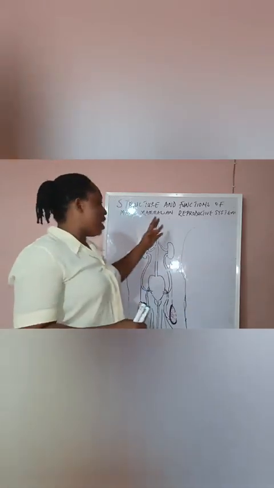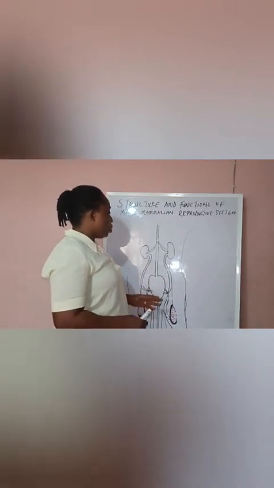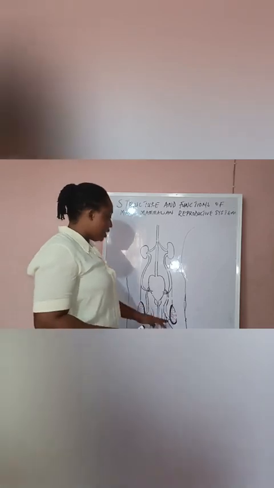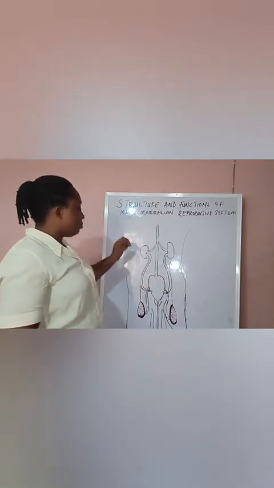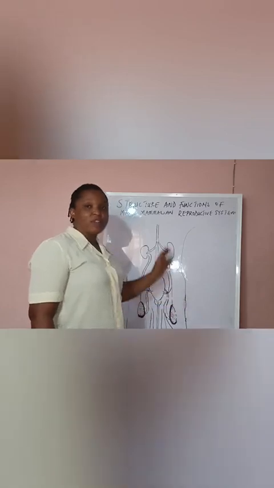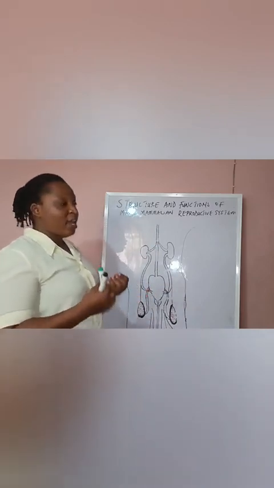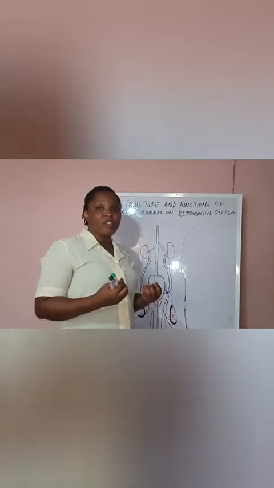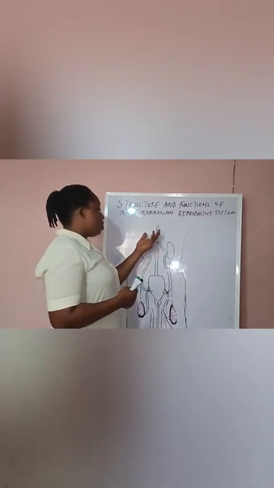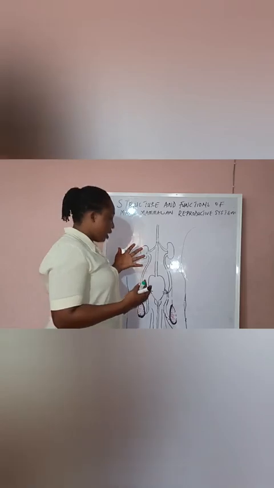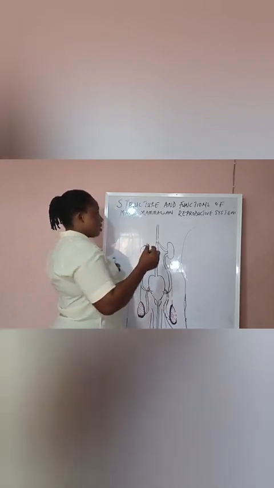So here is a diagram showing the reproductive system of the mammalian male. We can see the organs that are responsible for reproduction, and if you look closely, we are going to see that it is not only the reproductive organs that are here, we also have the urinary organs, because they are interconnected, because their embryological origin is the same. So that is why the urinary system has a close relation with the reproductive system.